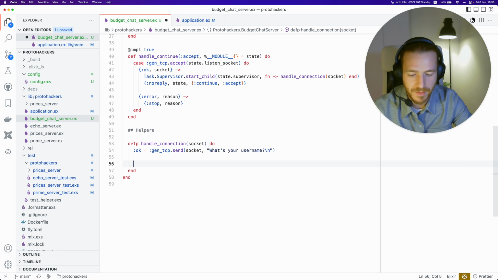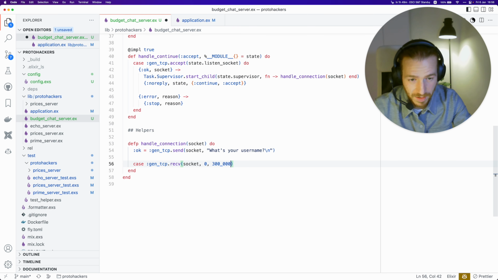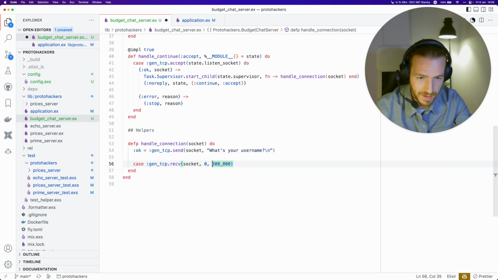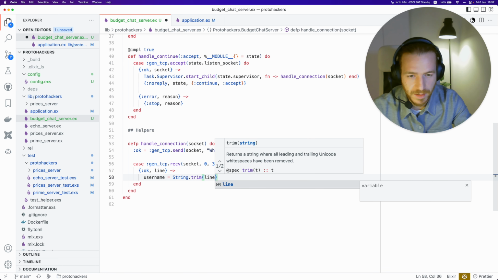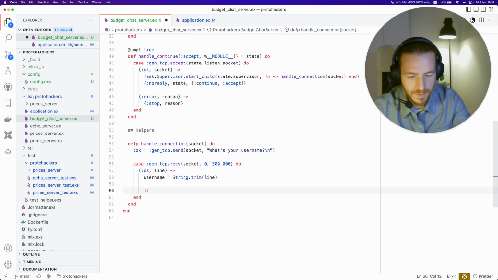The next step is waiting for the answer and validating it. So what I'm going to do is call gen_tcp, our old friend, gen_tcp.receive socket, whatever data, and I'll give the user 300,000 milliseconds, which would be 60 seconds times 5 minutes times 1,000 for the milliseconds, as the timeout. If I get a line during this time, then I will actually do the validation, right? So the first thing is I trim the line of white space, and then I say if the username